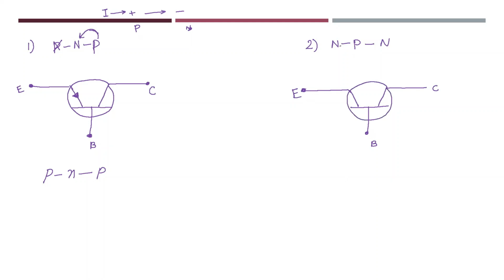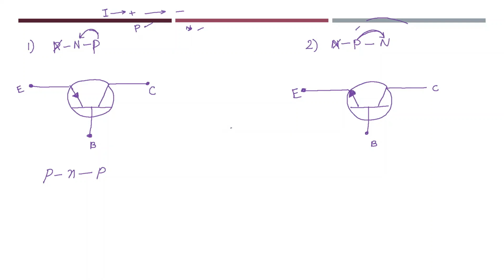So see here, again how to find the direction of current? Just cut this thing out, and we know that electric current flows from positive region to negative region. So here electric current is flowing from positive region to negative region. Here what is the direction of current? From inside to outside. So I can draw the direction of current in this manner, from base region to emitter region, from inside to outside. The collector current is going from inside region to outside region. Here the current is coming from outside region to inside region. So these were the circuit diagrams for PNP transistor and NPN transistor.